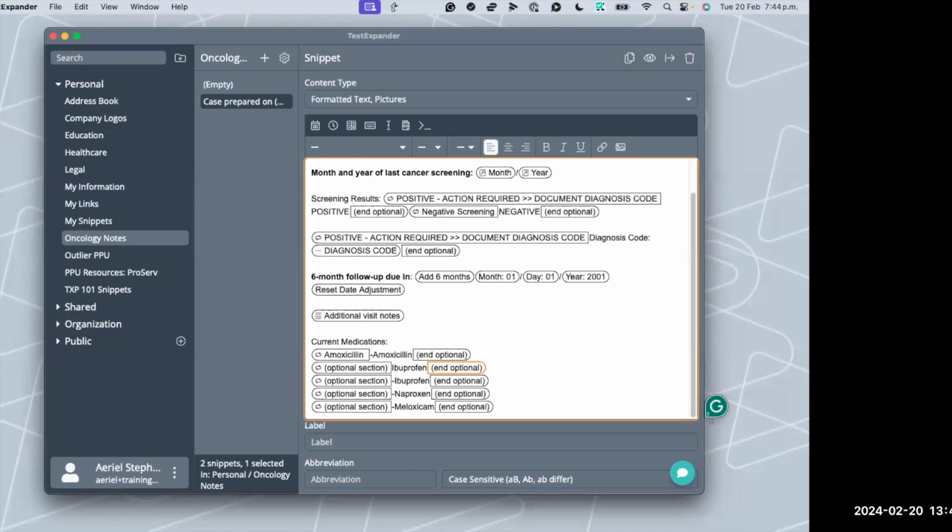But the feature I'm getting at here is called nested snippets. A nested snippet is essentially when you are nesting, or inserting, one snippet inside of another snippet. This is particularly beneficial for any information that could change. Think of something like a list of medications or a list of side effects. Something could get removed from this list, or anything could be added to it.